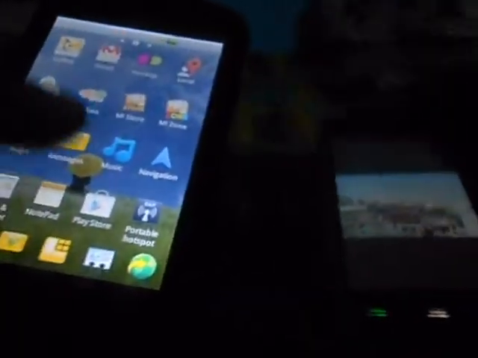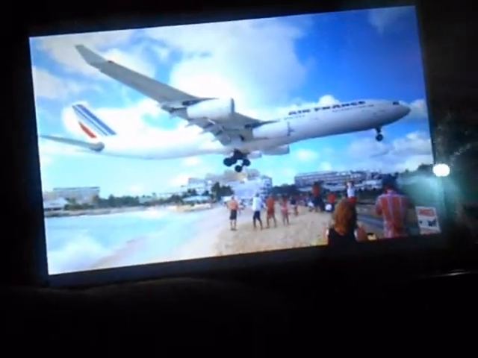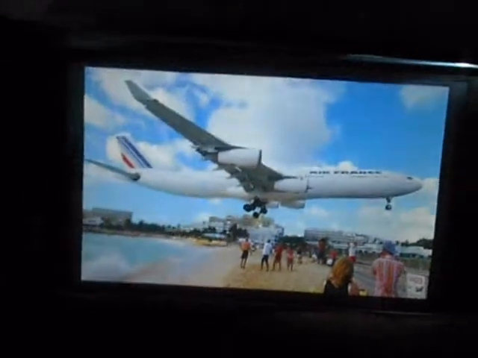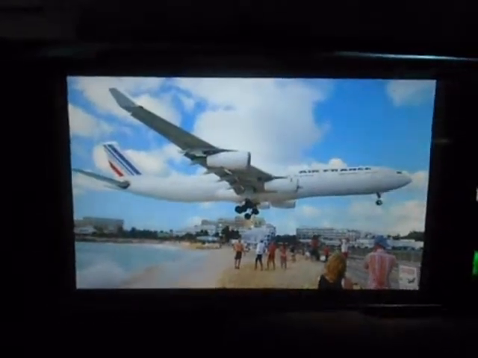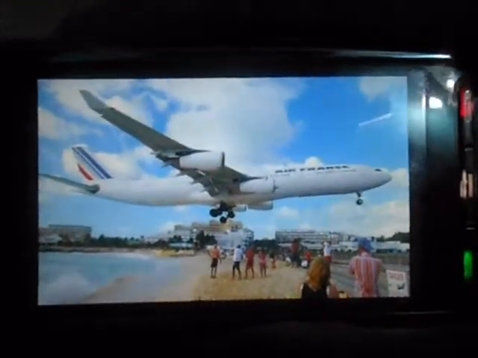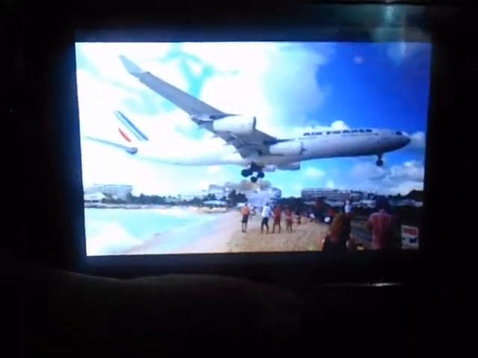Now let's take another image. Now this is the image, and also take this image. This is the image from the 16 million color display. As you can see, it's clearly visible and it's very clear in my 3.2 inch mobile phone. Actually it's my old mobile phone and this is the new Micromax Ninja 3.